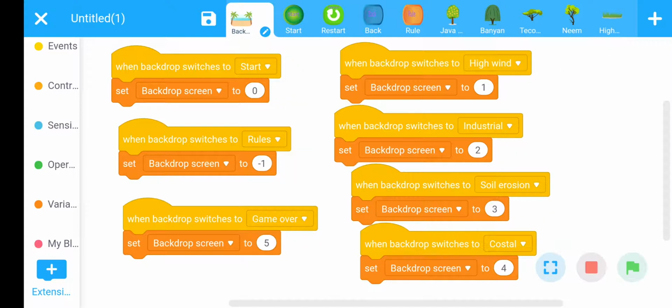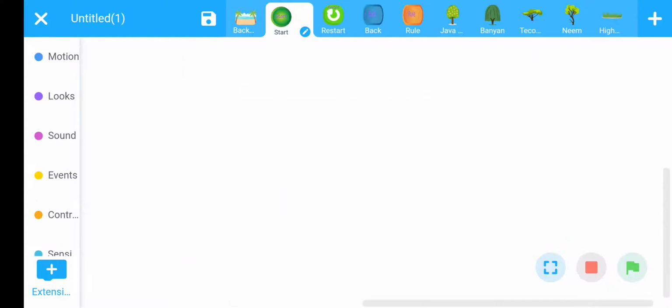Now start coding of button. First we will start the start button coding. Click on start button. Our first command is always in event section.